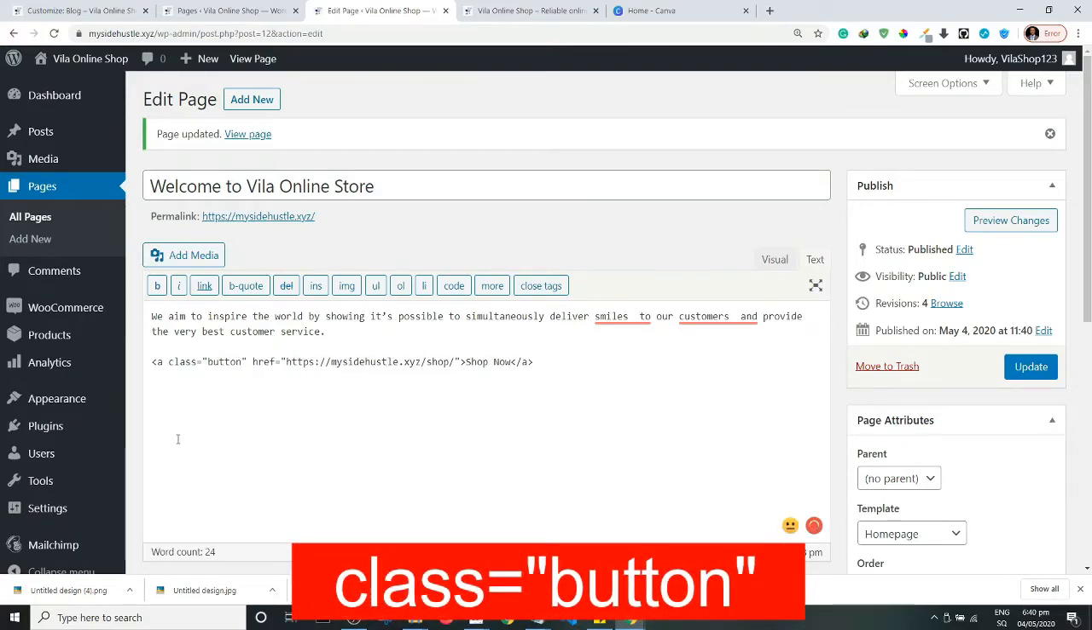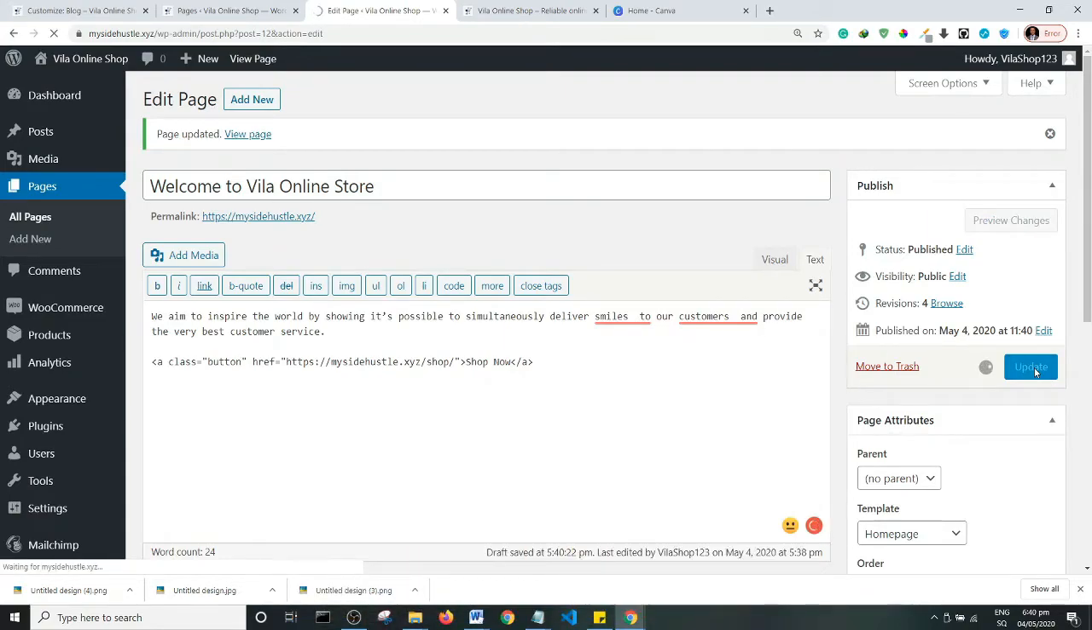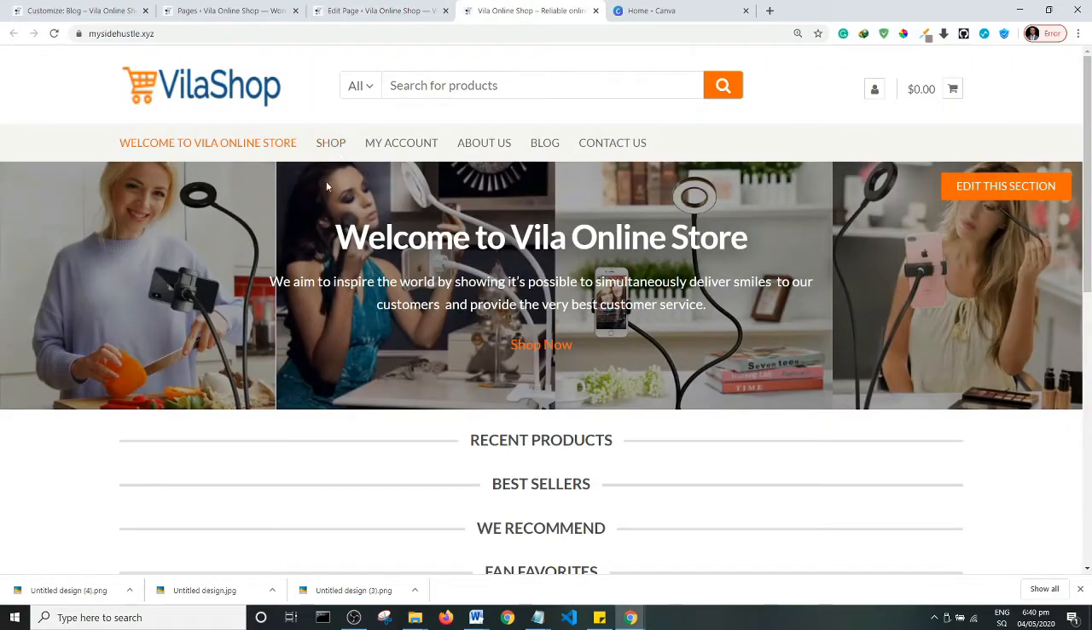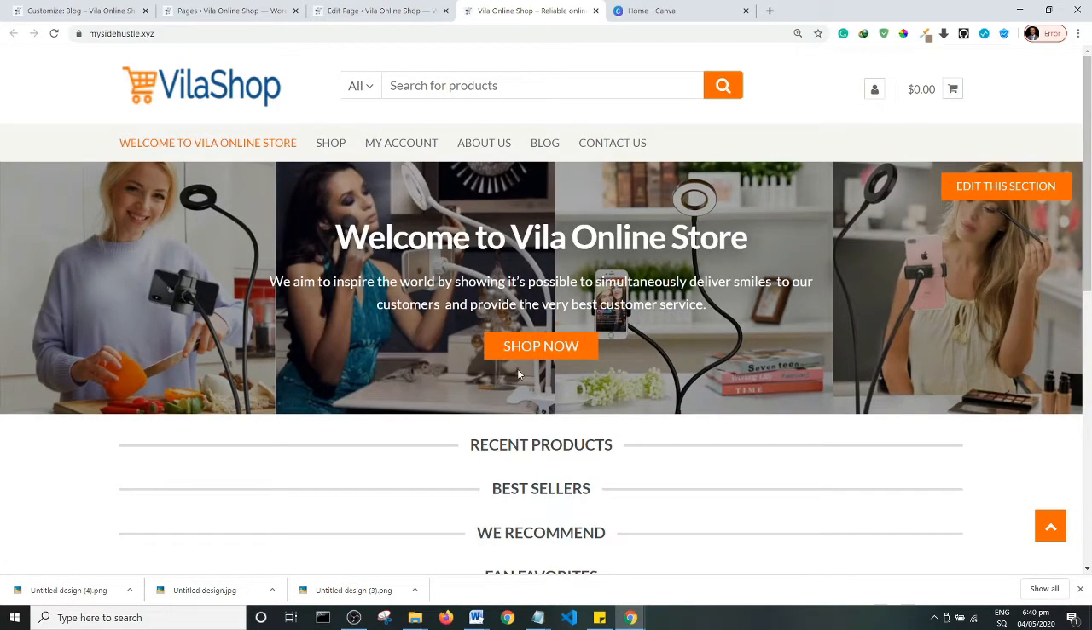Okay, so let's just save. Let's update the page, so you can actually update it now and go back to our front page and refresh it. So you can see that what we just did has changed the link to a button. Essentially we just added a predefined class to